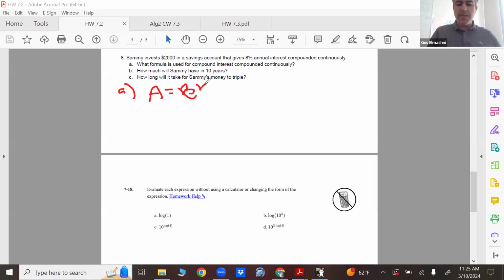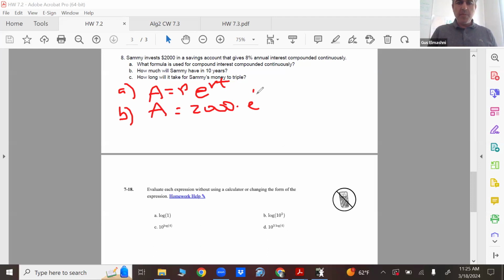That's the formula, which by the way, I'll give to you guys. I won't expect you guys to memorize it because it's a seldom used formula, but P is the principal. E is just a number. We know what E is. Euler's number is 2.7 something. R is the rate, T is the time, and A is the amount of money you got. So for part B, if you're starting with $2,000